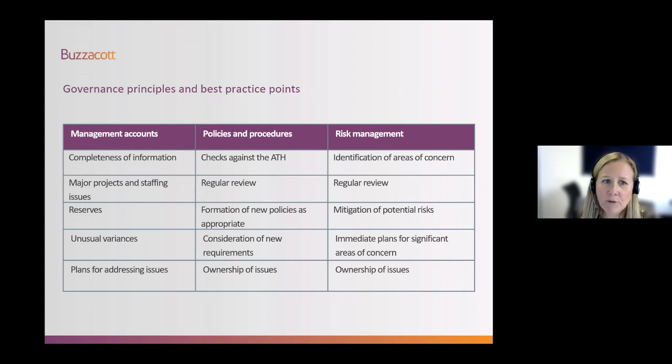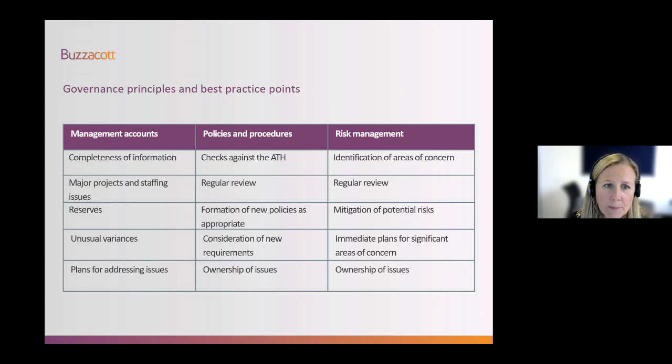Do you know from the figures you're presented what are all the key projects that are ongoing? What are the risks to those projects? Are there any issues with staffing, shortages or pressures, pinch points? Do you know what the reserves are, both at a trust level, but also at an individual school level? How does that compare to annual income and expenditure? Therefore understanding what flex there might be